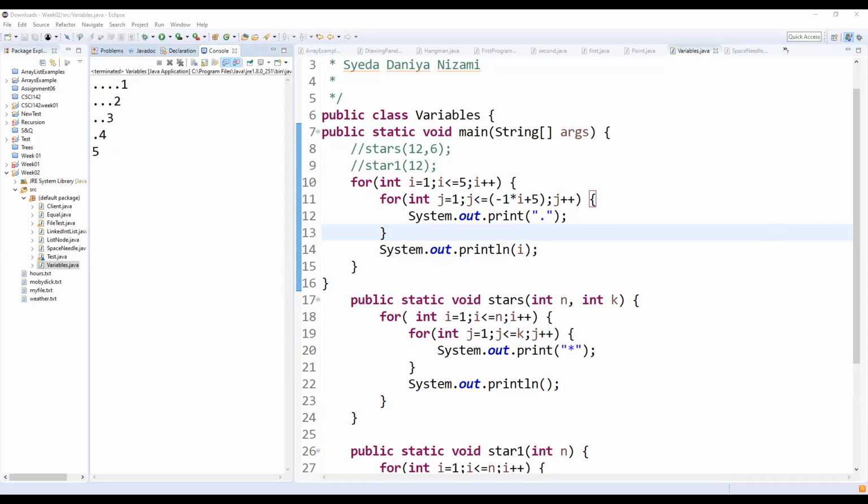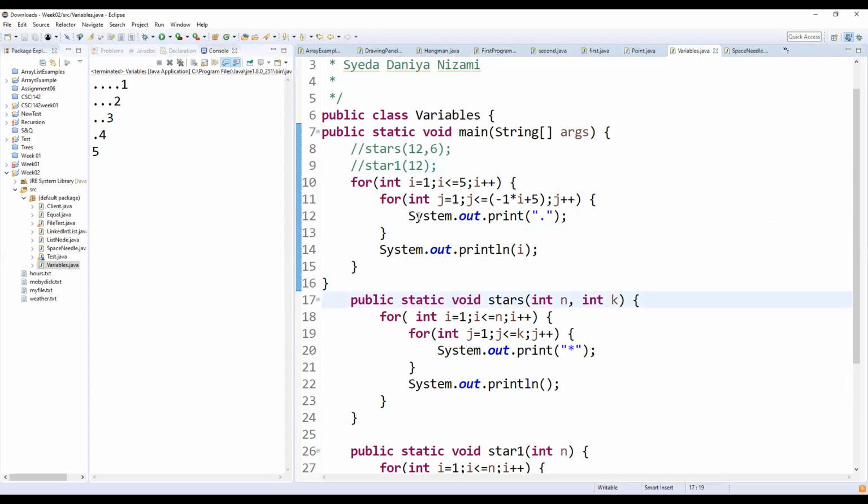Any questions so far? No? Any questions on how we created this formula using our loop table? Great. Okay, so let's stop the